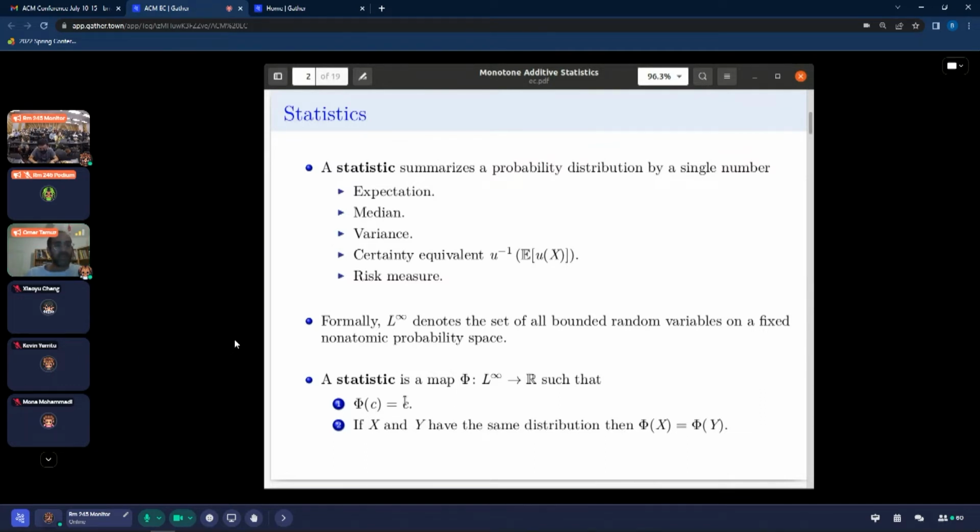You can think about this as a sort of normalization. And if two random variables have the same distribution, then this map assigns the same number to them, right? So it doesn't depend on where in the probability space this random variable lives. It just depends on its distribution. You can also think about it as a map from boundedly supported probability measures to R. So for each probability distribution over the reals, I assign some number. The sort of things you have to have in mind are things like the expectation, the median, the variance, etc. Are there any questions so far?